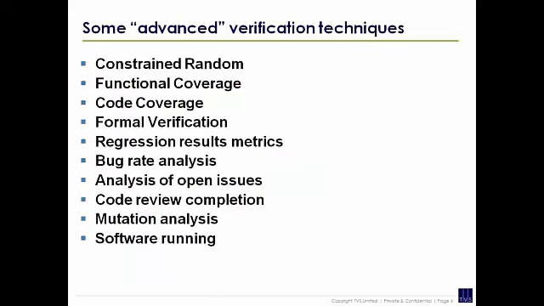Okay, so there's a list of some of the types of verification that we would typically do in an ASIC. Constrained random, which we'll talk about, functional coverage, which we'll talk about, code coverage we'll talk about, formal verification we'll talk about tonight as well. These are things which people can do. We won't talk about these in detail, but these are the types of things where you're just generating metrics and analyzing metrics. So if you're using a bug tracking system, and a very basic thing is to use a bug tracking system, okay,